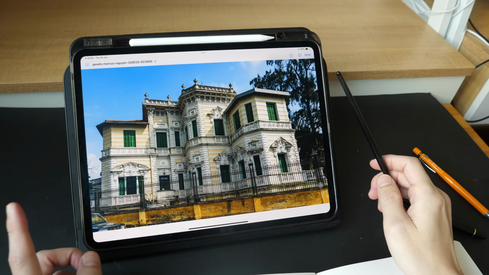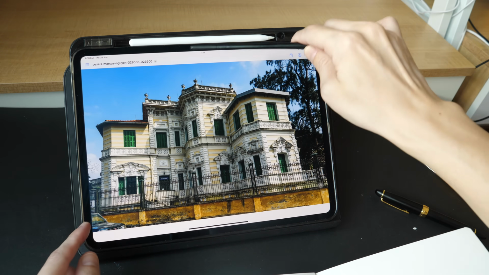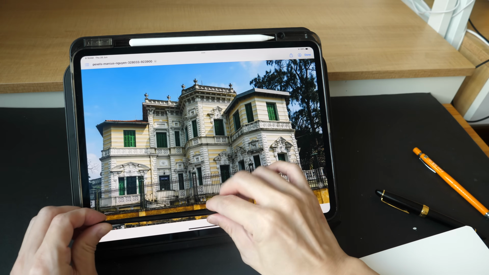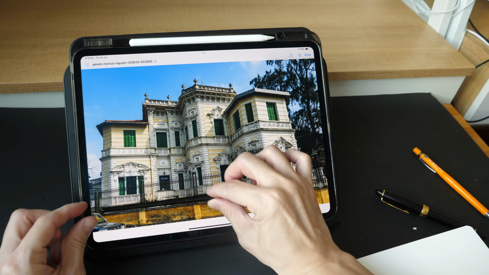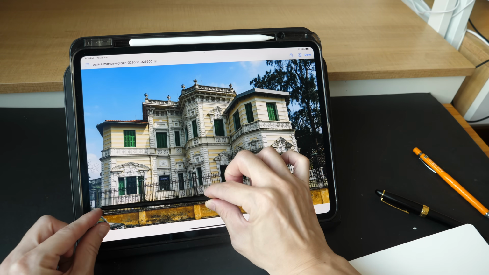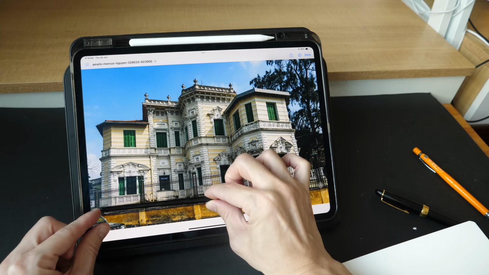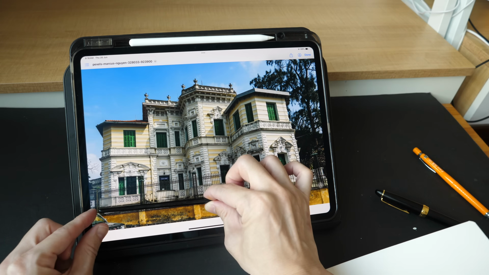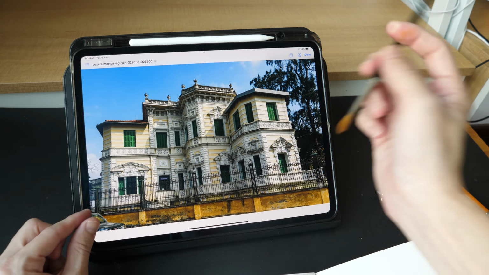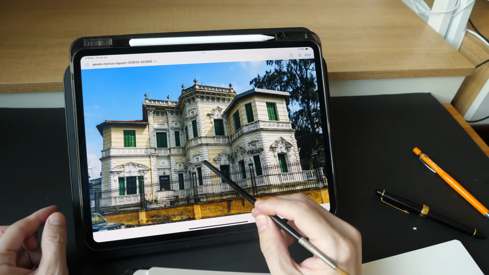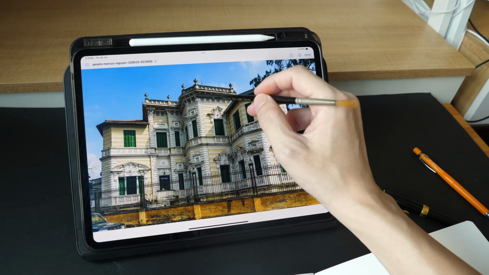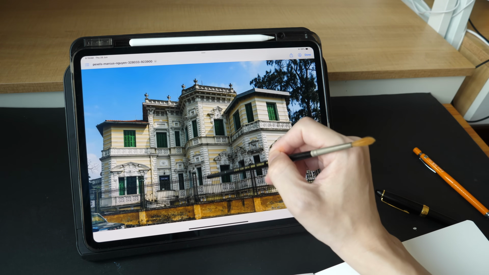The first thing I would do for this particular scene is to measure the dimensions. So I want to make sure I can fit the whole building. So I need to make sure I can fit the width of the building on the page. So right now I'm measuring the width, and I also want to find out where the midpoint is to get me some point of reference. So the midpoint or the midline is somewhere around there, and this building is almost rectangular if we are thinking